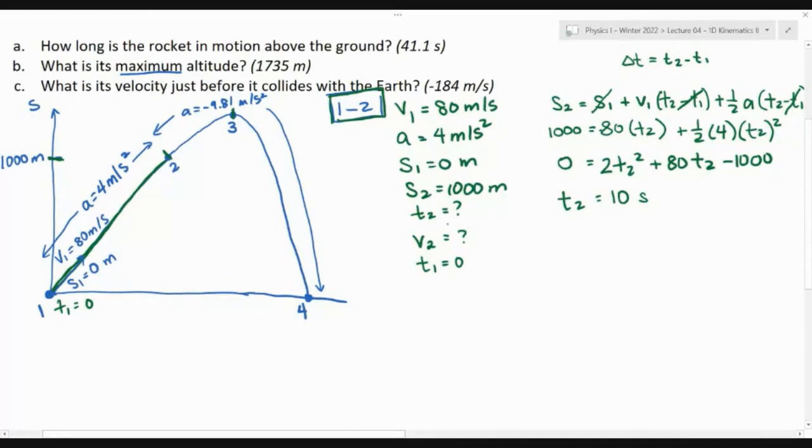So let's look for V2. So we can use a different kinematic equation. We can say V2